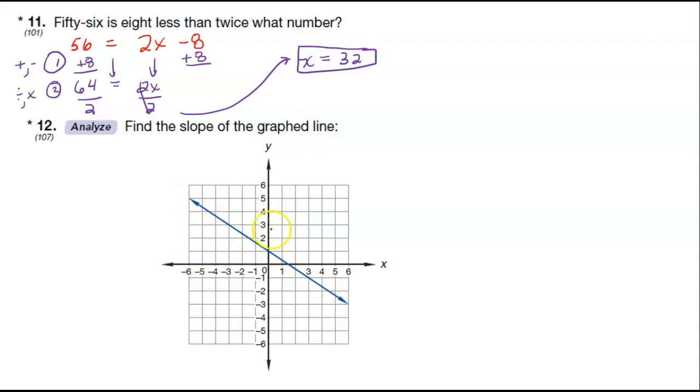Okay. Find the slope of the line. So let me grab a couple of points, and then I'm going to apply our formula. Okay. So this is negative 3, 3, and this one is 3, negative 1. Okay, and we know that slope is equal to y2 minus y1 over x2 minus x1. And if this is x1, y1, and this is x2, y2, we have 3 minus a negative 1,